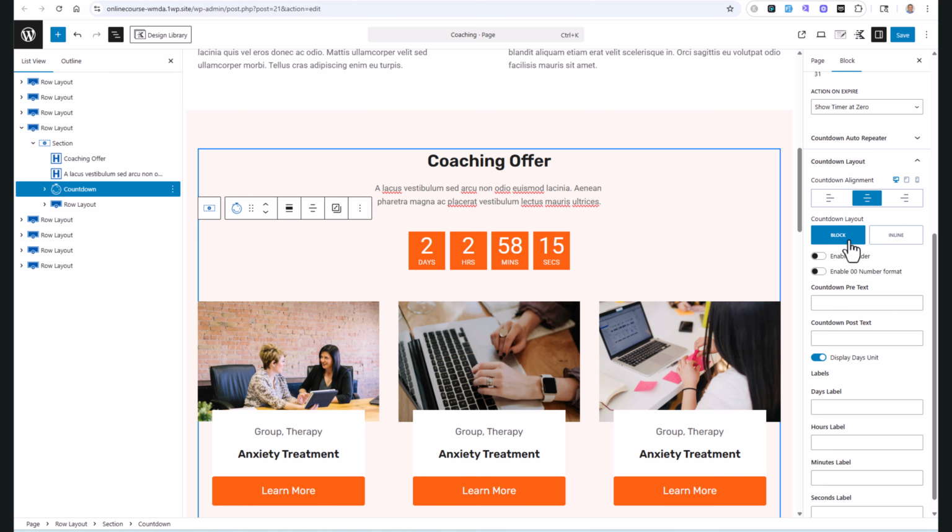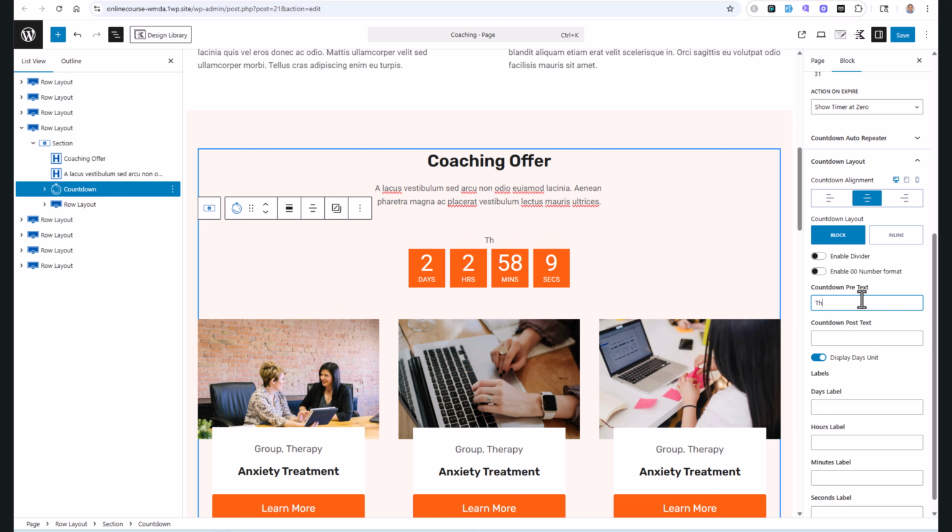Let's make this a block, okay? And we can even add a countdown timer pretext. Let's say this: offer ends after, okay? And this looks fine. If we want to make the